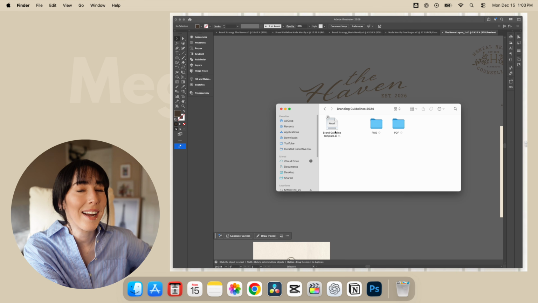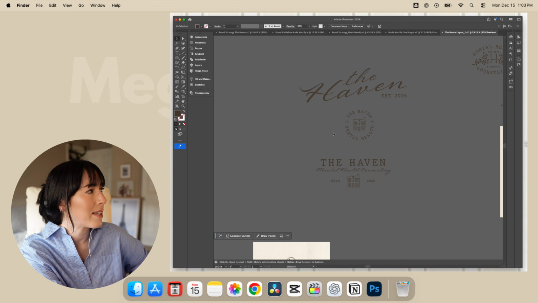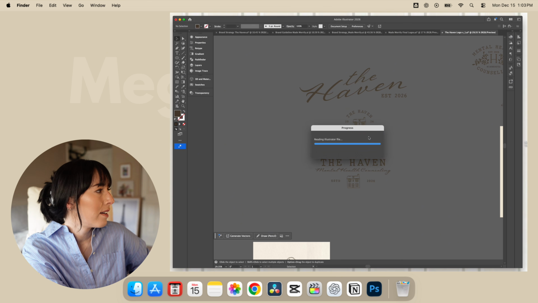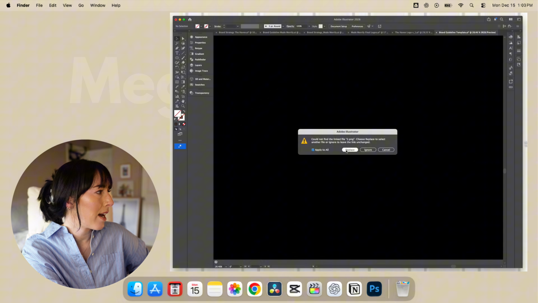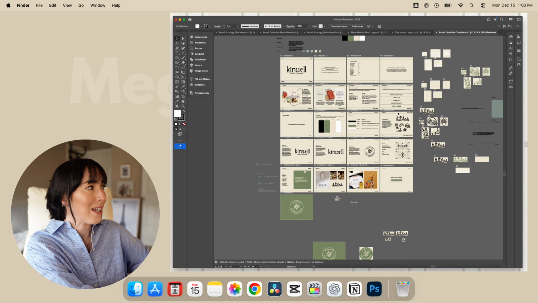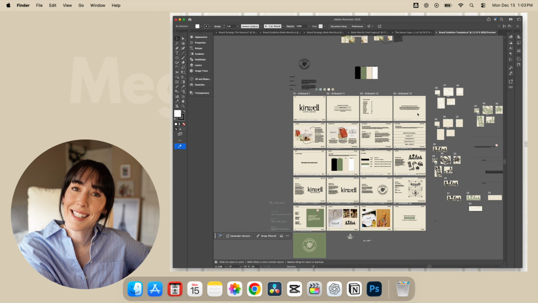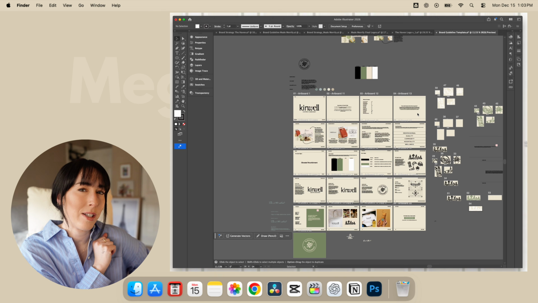Now there's already designs inside of this template, so we're gonna have to replace those with the new branding. But what I typically do is I open this up in my Illustrator and I'm just gonna apply to all, ignore. And you'll see there is some branding going on in here, so we're gonna have to clean that up. I accidentally saved my design inside of the template, and that's exactly why I do this step, which